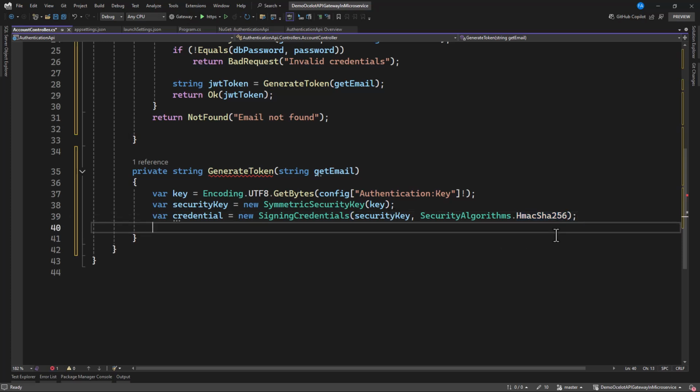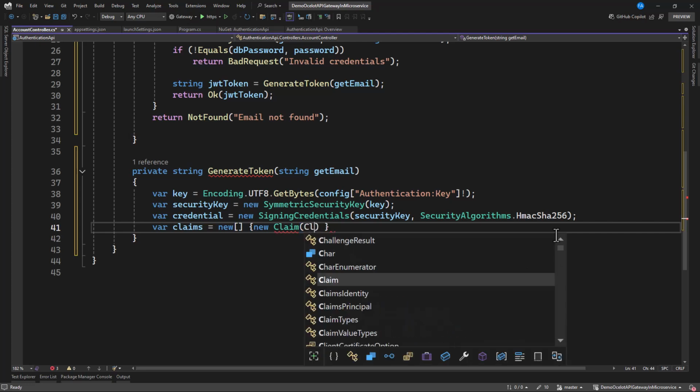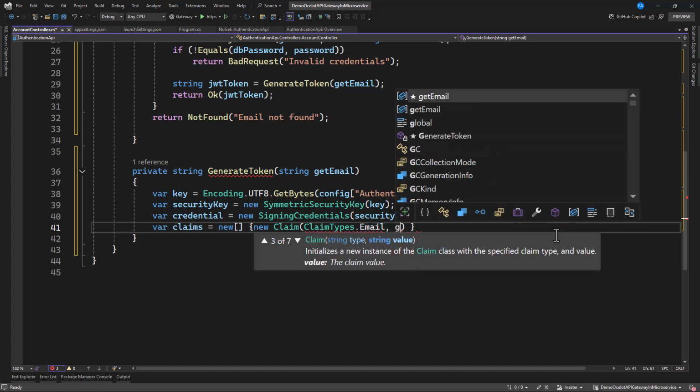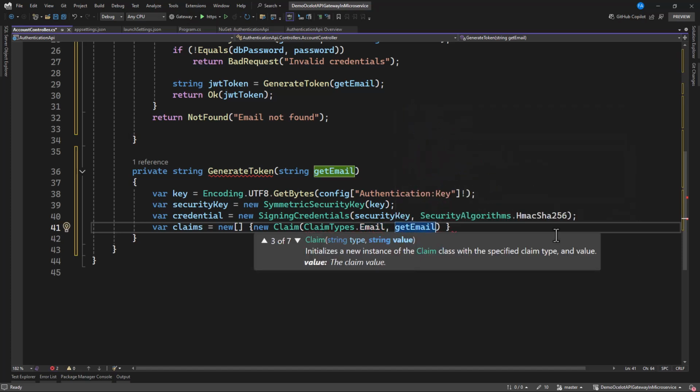Now for this claim, since we have only the email, we're going to set only email as a claim. So in here we're going to have new Claim, and now here we need to specify ClaimTypes.Email, and what is the value? Get email. That's all we need to do.